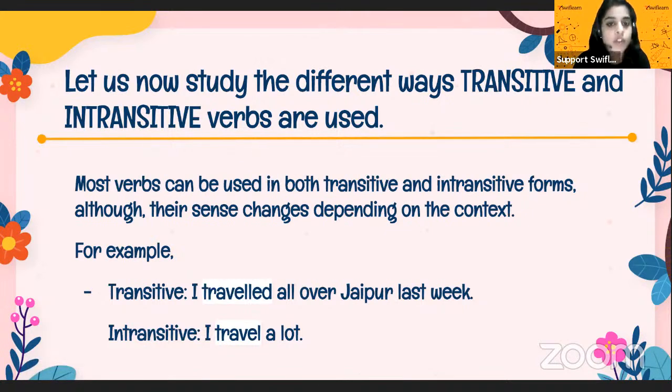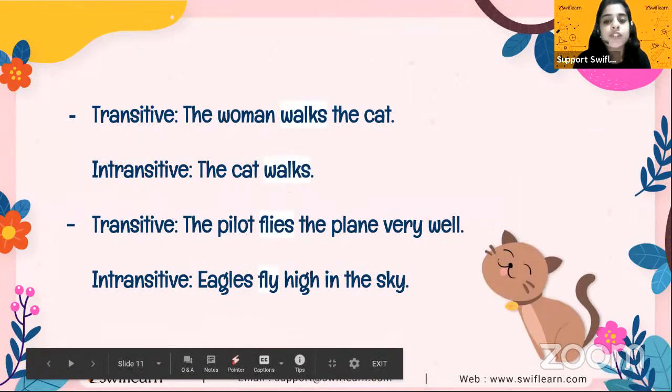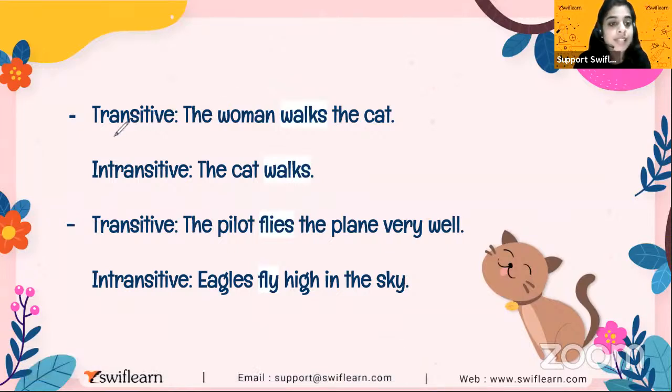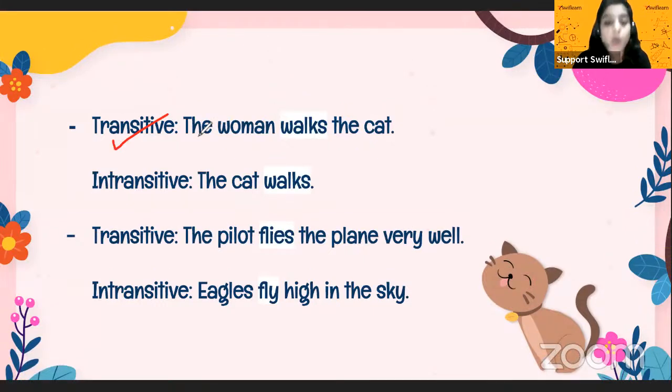Yes, so let's move forward now and let's try to see a few more examples. This sentence, the woman walks the cat. Now see, the woman walks the cat. The object here is what? Who's going to tell me? In this sentence, who is the subject and who's the object? I want to know that. Please tell me where is the subject and where is the object? In this sentence,